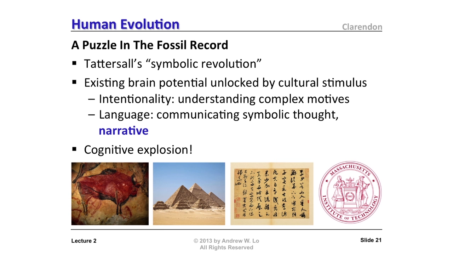Because what it allowed us to do is to think about things before they happened and to make predictions about them and to be able to affect those predictions. In other words, forward-looking behavior and ultimately rational expectations. And of course, there was an explosion of cognition after that, including cave art, which is 30,000 years ago, and the pyramids, and writing, and of course, MIT. Wonderful, wonderful developments. Why is symbolic thought so powerful?